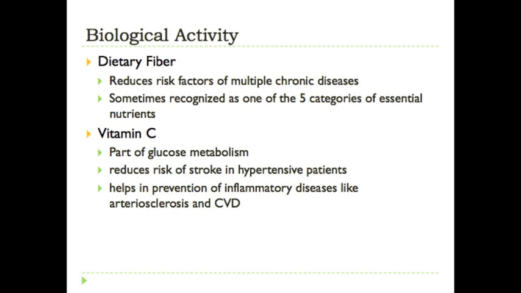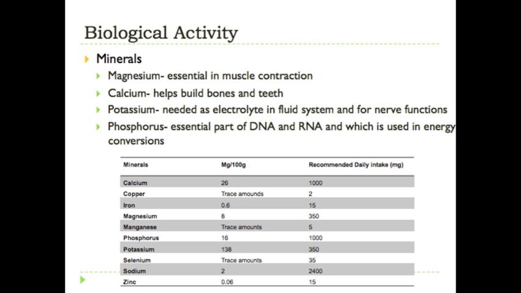Vitamin C is also essential for human health, as it is a part of glucose metabolism. Increased intake of vitamin C can also lead to reduced risk of stroke and prevention of inflammatory diseases like arteriosclerosis and cardiovascular disease. Lemons are also highly concentrated in some minerals, including magnesium, which is essential for muscle contraction, calcium,